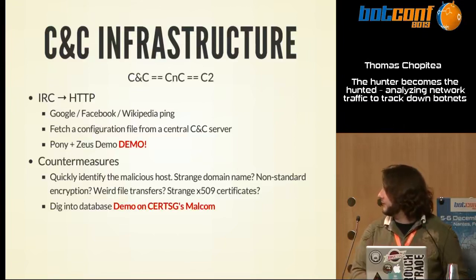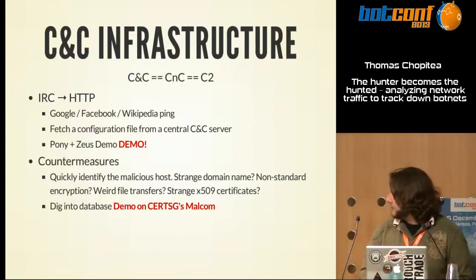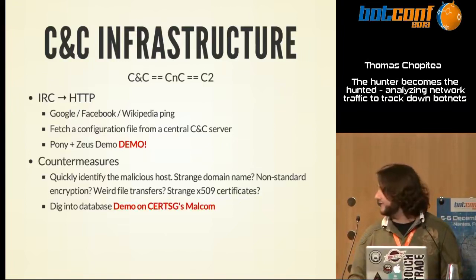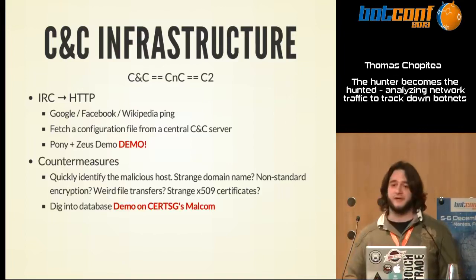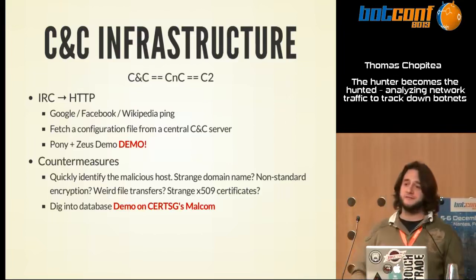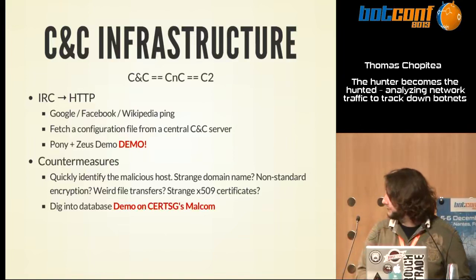We can quickly identify the malicious hosts. You saw them. They were both URLs and their hosts. Is it a strange domain name? Is it using non-standard encryption? Anything that goes through 480 and is basically unreadable would raise flags. Are there weird file transfers like an exe file? Strange 509 certificates? Some of these features Malcolm will have in the future when I have time to develop them, but the idea is there. It's to be able to gain information really fast. Or to dig into the database, we can...